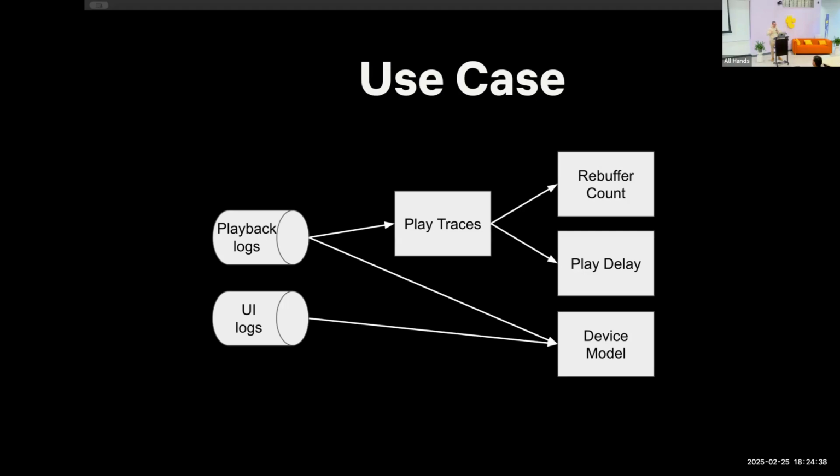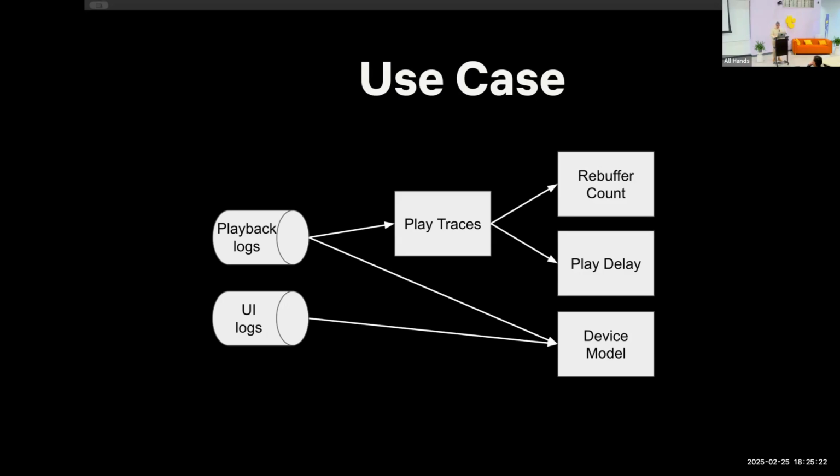And then from them, we can calculate rebuffers, like how many rebuffers you had during the session, the play delay, things like that. And I just put another one, like device model. In that library, there's 750 of them that we're calculating. So there's a lot of them. I just extracted a few of them. Device model. And what's interesting about device model here is that we can derive the same measure. It's kind of weird to call device model a measure, but it's just a field. But we're extracting it from a different source. So a measure can be coming from different sources of data, like UI logs or an actual viewing session.